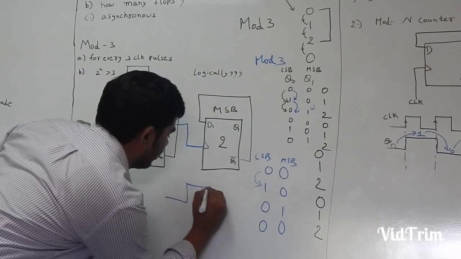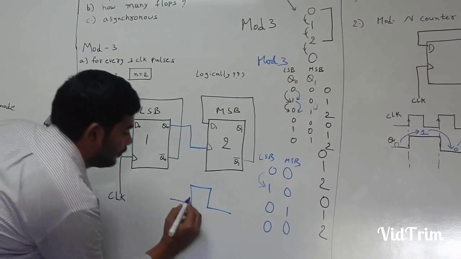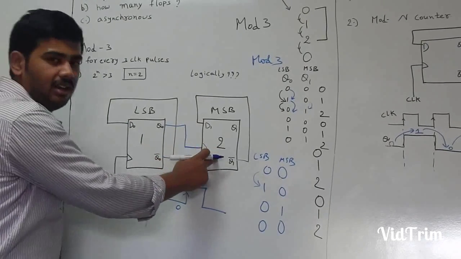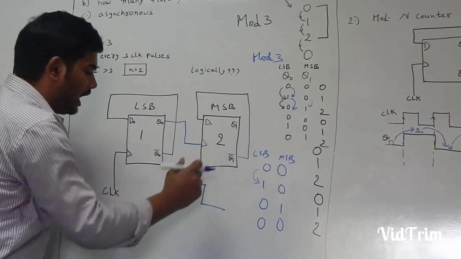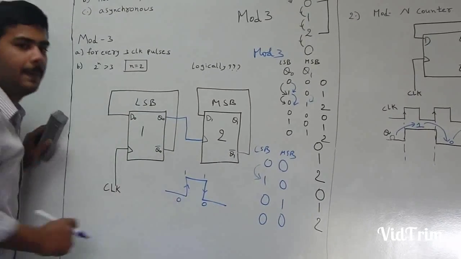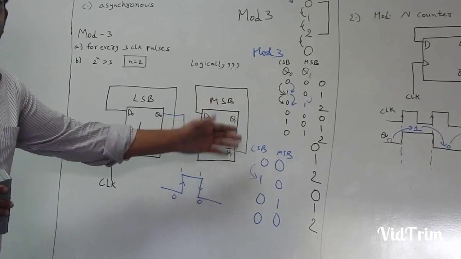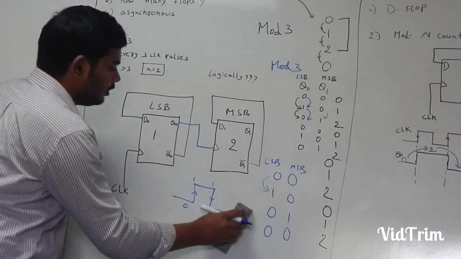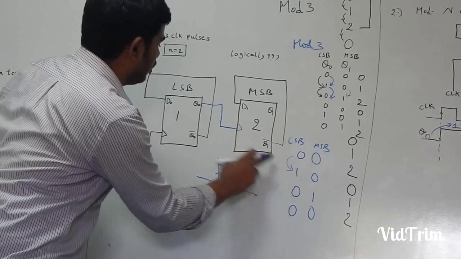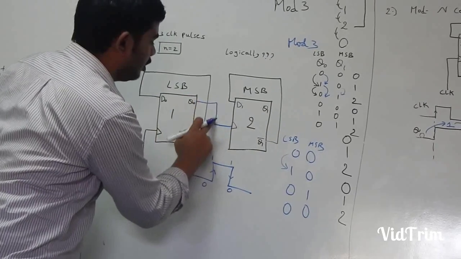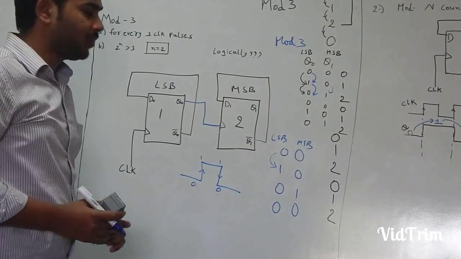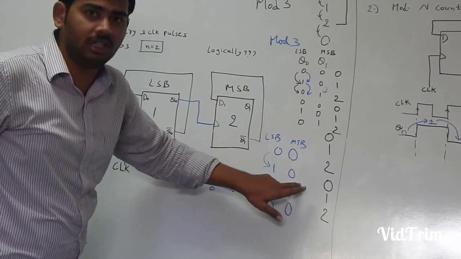And if you give a positive edge, every 0 to 1 transition will trigger and toggle the flop. And if you give a negative edge, every 1 to 0 transition will toggle, it will be complemented. So suppose when the LSB is changing from 0 to 1, the next flop got the trigger and will also toggle. But our requirement is that this should not change.